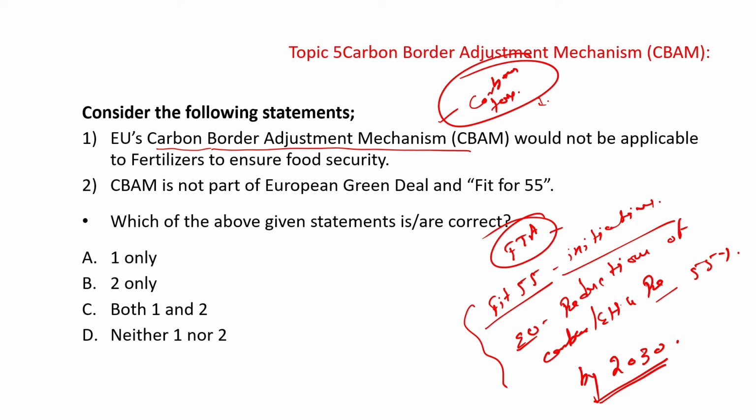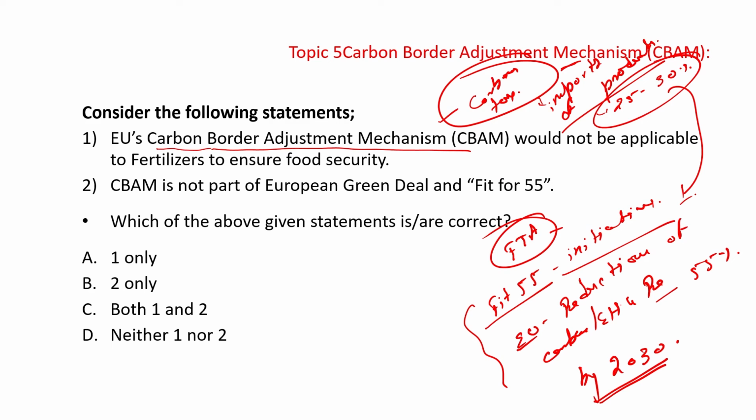And here the carbon border adjustment mechanism is a carbon tax on imports of products into the EU market. With the import of these carbon products, a 25 to 30% tax is imposed, and it is part of the Fit for 55 initiative of the European Union. The main purpose first is the carbon tax, to tax the carbon intensive producers, and thereafter,